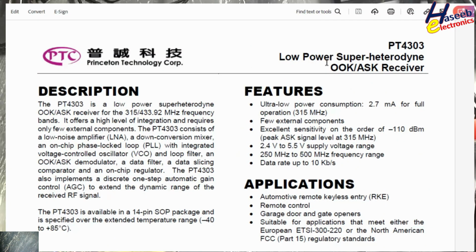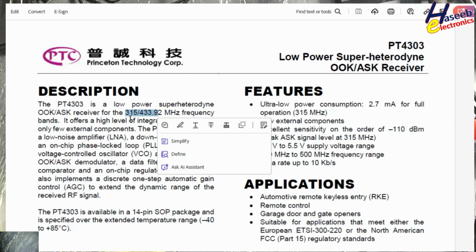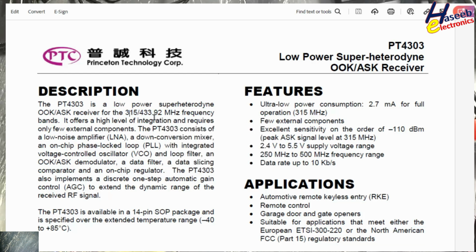PT4303 low power super heterodyne receiver, OOK-ASK receiver. 4303 is a low power super heterodyne receiver for 315 MHz and 433.92 MHz frequency. So it will work with a wide range of frequencies. But in car remote central lock systems, these two bands are very familiar, 315 MHz and 433.92 MHz.